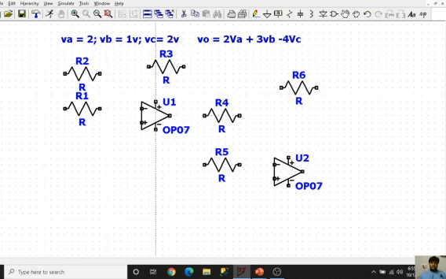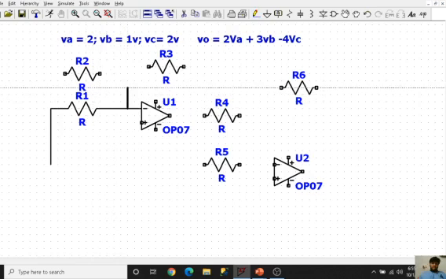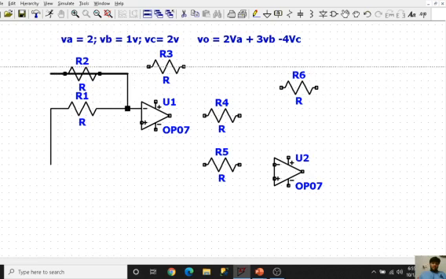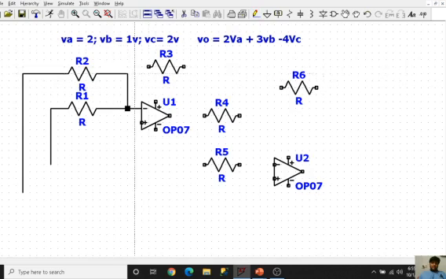So let's make the connection over here. So the first connection, then we will be giving V2, that is VB. Okay, then the feedback,